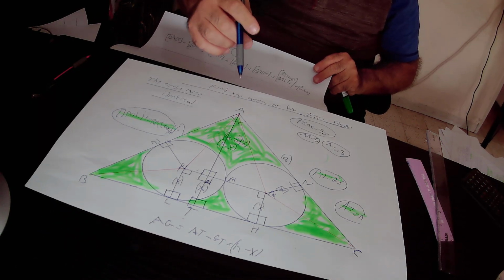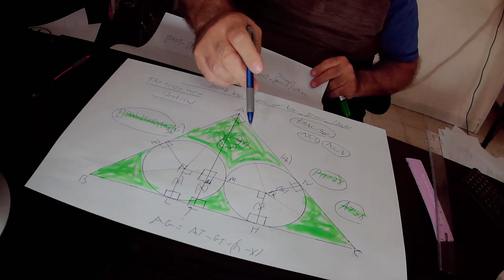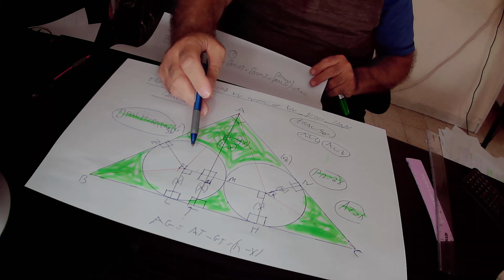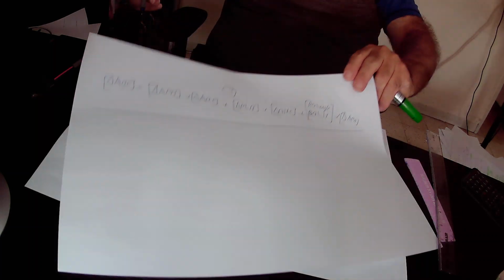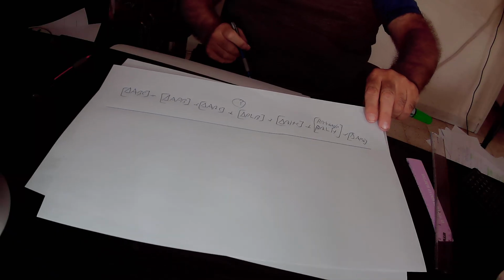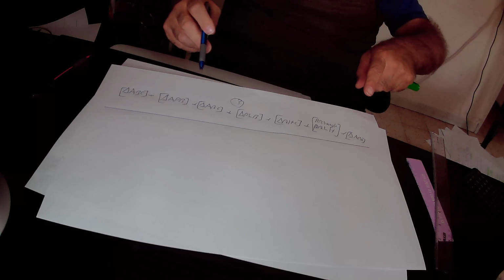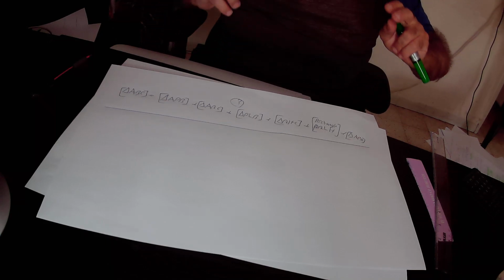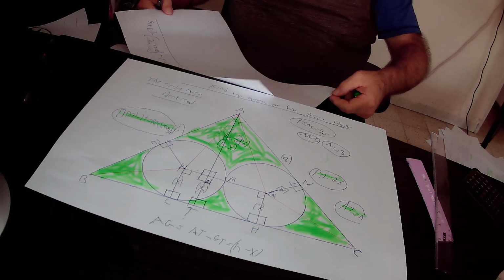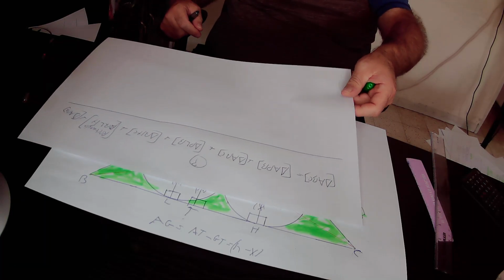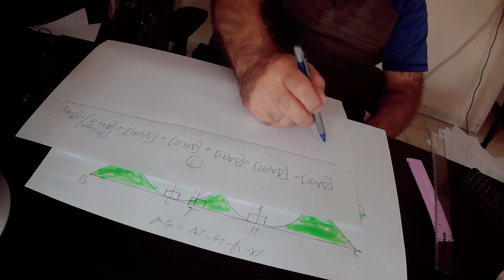and this way we get the green shape, equal to the outer ABC minus those two small shapes. The only missing variable is the radius of the circle, that is x. And we find out the radius of the circle by solving this equation: 24 equals this expression in terms of x. We know that the outer ABC equals 24 square units in size,